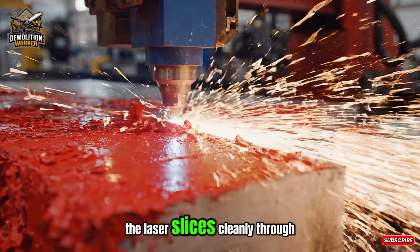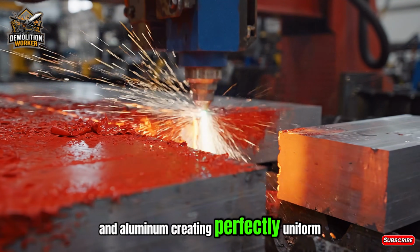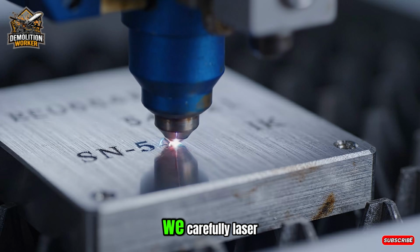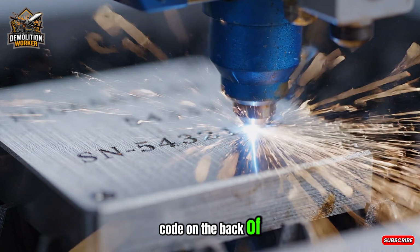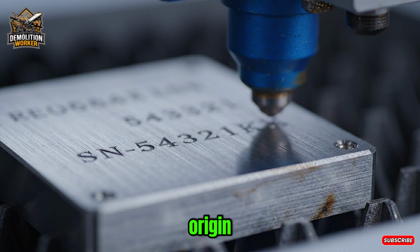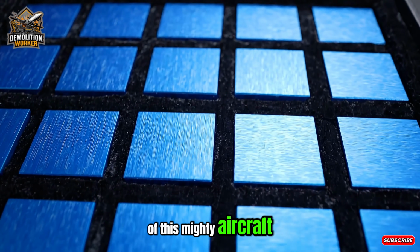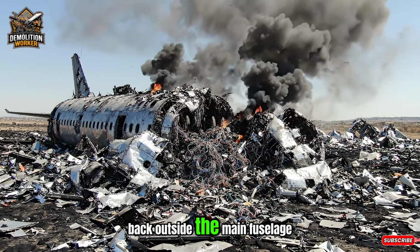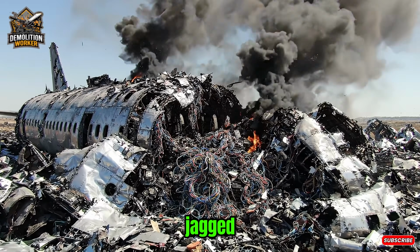The laser slices cleanly through the thick paint and aluminum, creating perfectly uniform souvenir blocks that will be sold to the public. We carefully laser engrave a special authentication code on the back of every single square to prove its incredible historical origin. It is fascinating to think that a piece of this mighty aircraft might soon sit on a desk in a home. Back outside, the main fuselage has been completely reduced to a massive pile of jagged silver metal